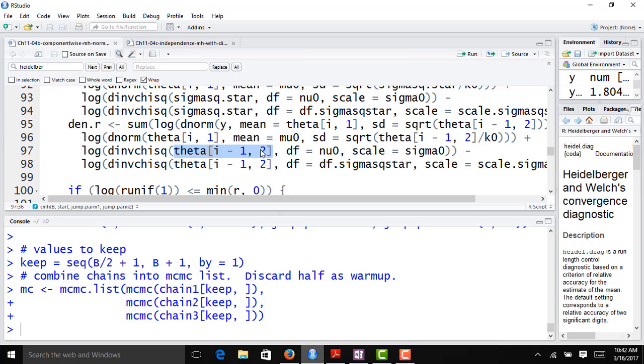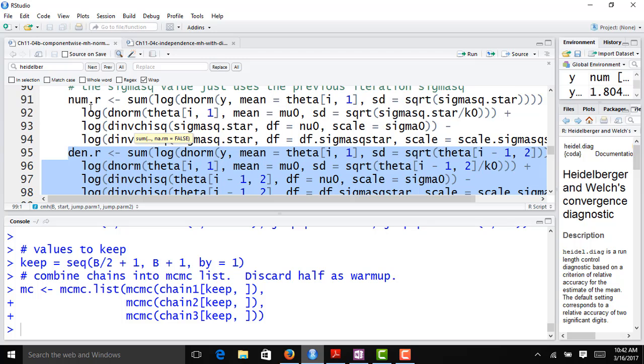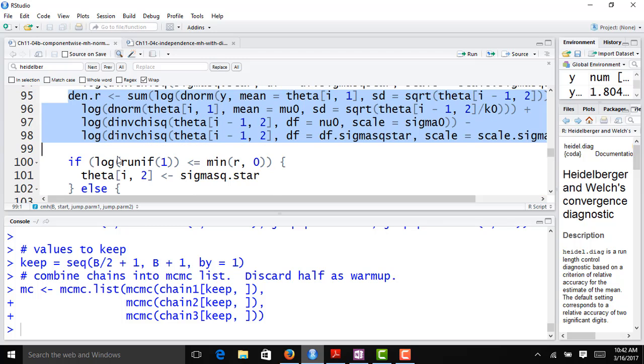Sigma squared was in the second column of theta, and to select the value in the previous iteration, I look in row i minus 1, and otherwise everything else is the same. So everywhere I had that sigma squared star, I replace that with theta i minus 1. I actually didn't use the previous value in my chain anywhere in the numerator, and so I don't need to make any other changes when I'm computing the denominator of my log acceptance ratio. So once I have computed the numerator and denominator of my log acceptance ratio,